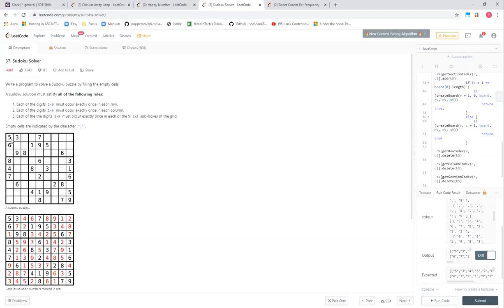Okay, so based on some of the inputs, like there are some numbers given, is there a way we can find out some of the states that may not be valid to even go further in the DFS? Let's suppose here, if I have to place something here, I'll start with 1, 2, 3, 4, 5, 6, 7, 8, 9, right? And every time I place a number here, I have to actually go inside and try to place everything else and then find out whether it's valid or not, right? So is there a way we can prune these DFS trees based on the input that we are given?